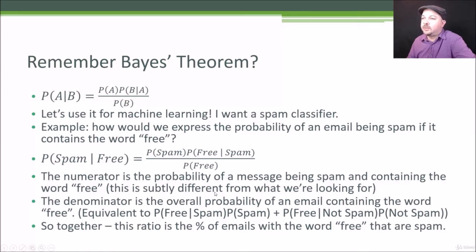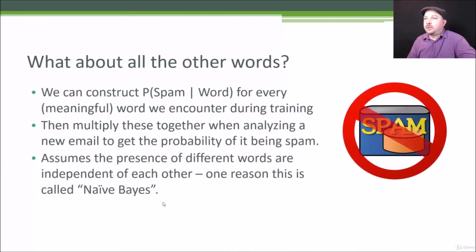Now the numerator can just be thought of as the probability of a message being spam and containing the word free, but that's a little bit different than what we're looking for because that's the odds out of the complete data set and not just the odds within things that contain the word free. And the denominator is just the overall probability of containing the word free. Sometimes that won't be immediately accessible to you from the data that you have. If it's not, you can expand that out to this other expression here if you need to derive it. At the end of the day, that gives you the percentage of emails that contain the word free that are spam,